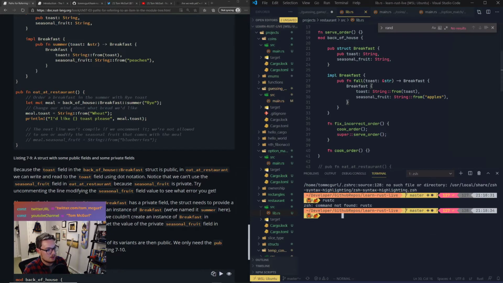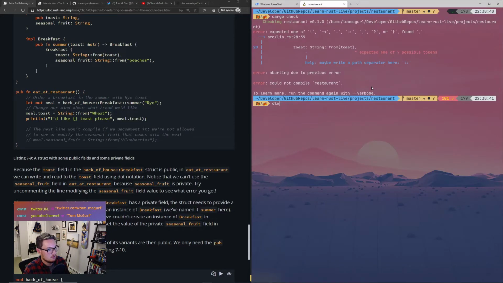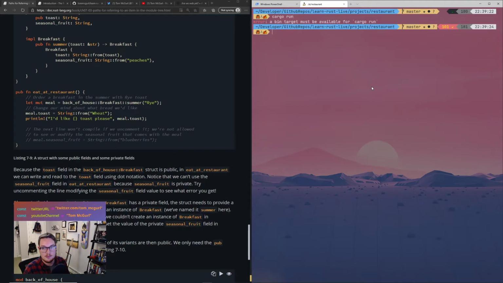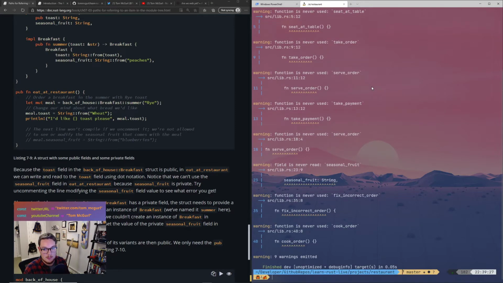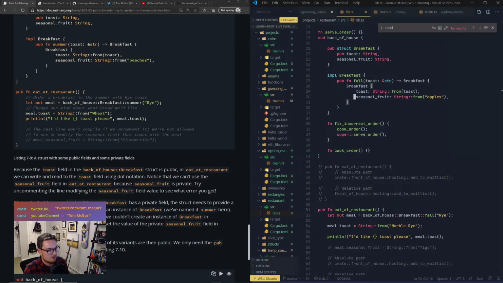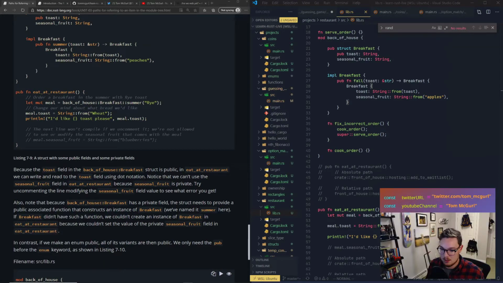All right, so now let's see if it'll run. Cargo run. Oh, sorry, cargo check, because we're using a library. That's why it won't run. And just some warnings, but it did compile. And the warnings are because we're not using everything. So pretty cool. All right, because the toast field in the back_of_house::Breakfast struct is public in